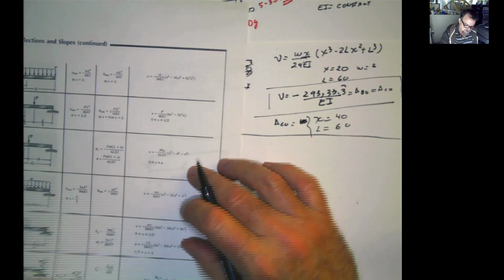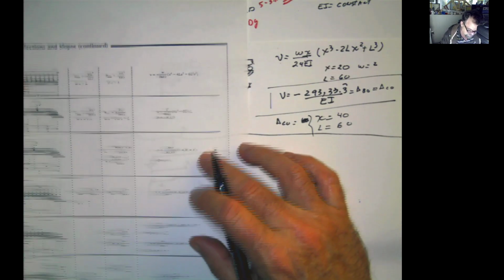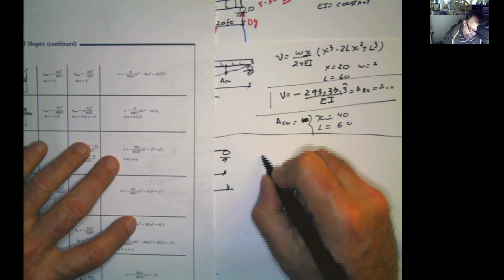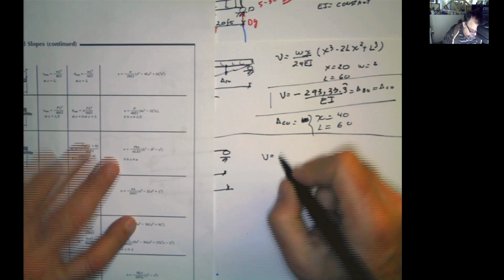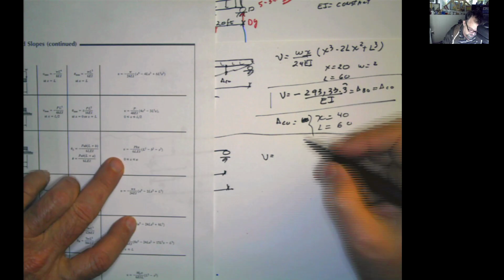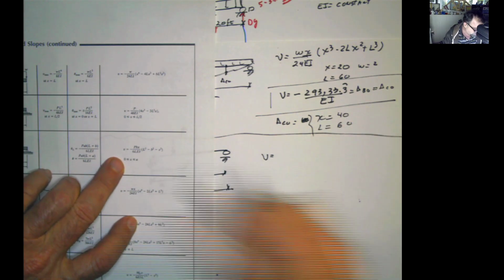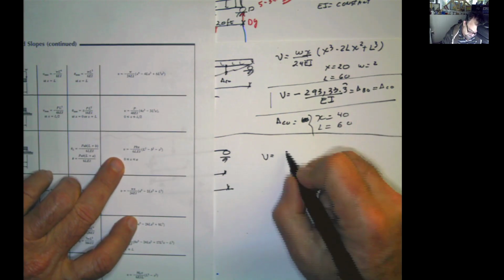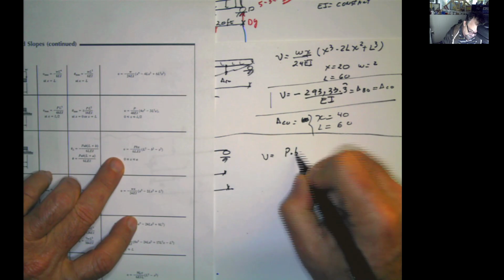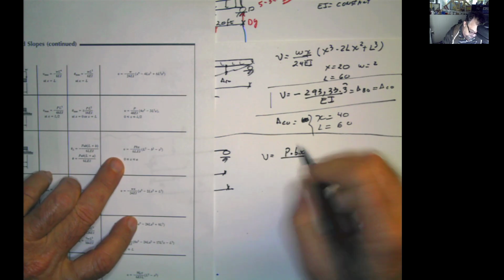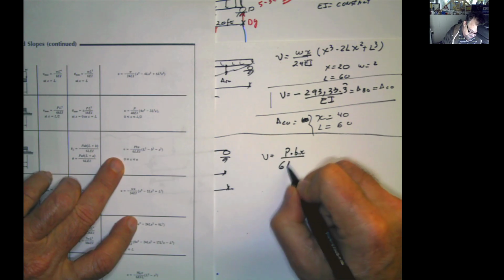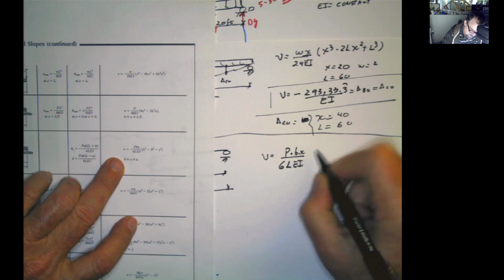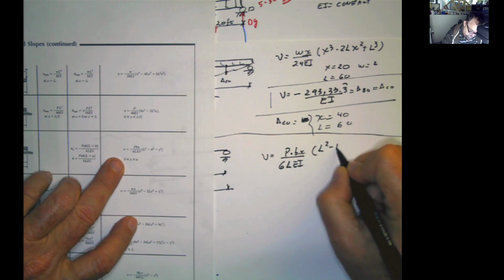There are different books, there are different formulas, but they are all very similar. So the formula is, they put negative also because the load is going down. In our case, it's going to be positive because it's going up, but that's why I like to put just this: P times B times X divided by 6LEI, and then you have L squared minus B squared minus